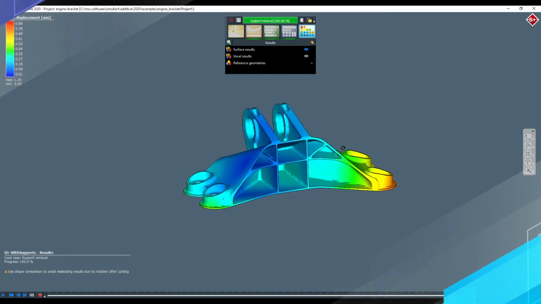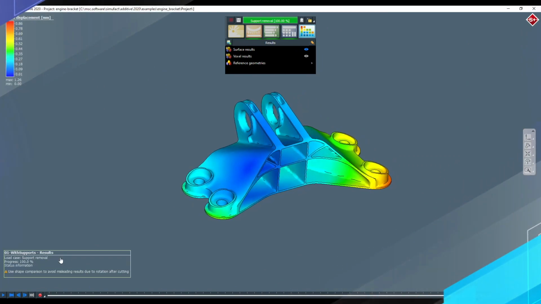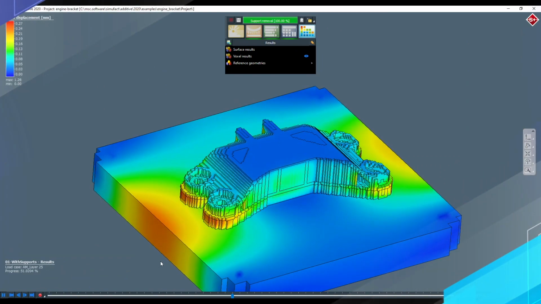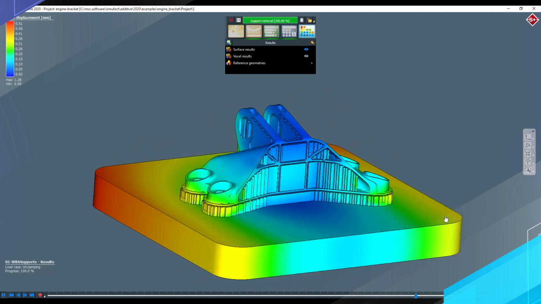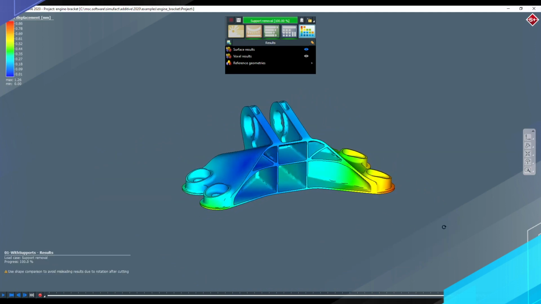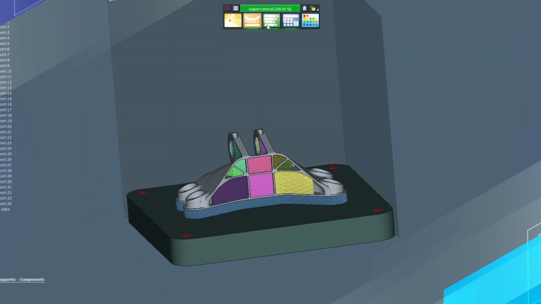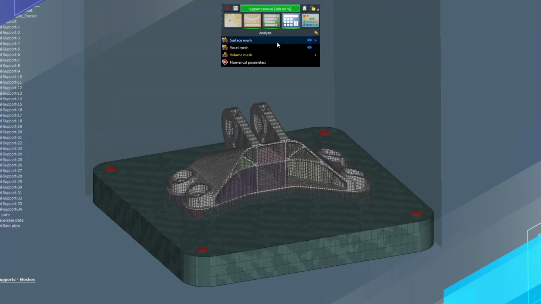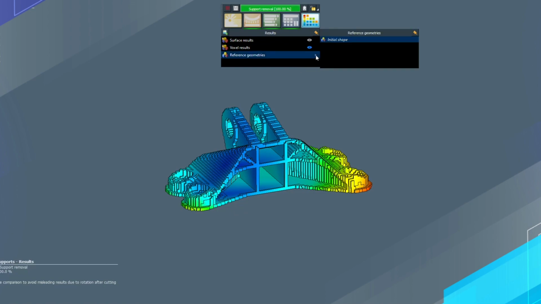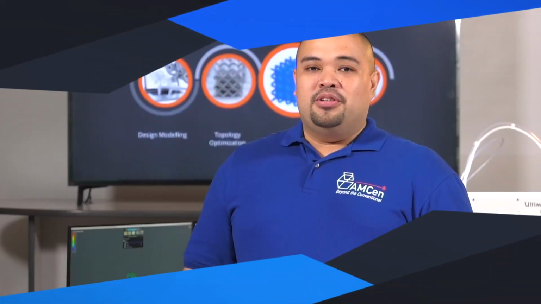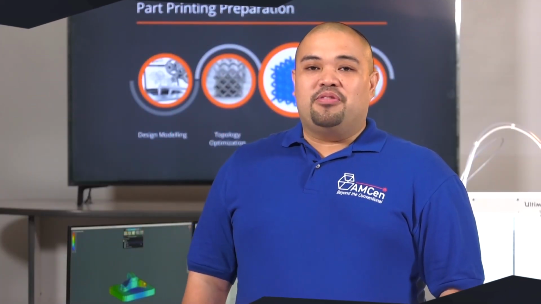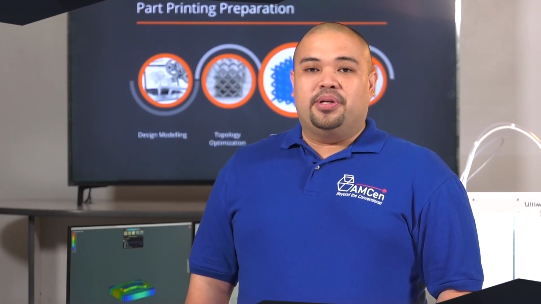Next thing we do after the optimization is print preparation and print simulation. This virtually simulates the entire printing operation. We can visualize how our product will be printed with reference to the build plate. We can also iterate the support structures that we need based on the geometry of the part, and depending on the type of printing process we are using, we can also incorporate the post processes we would need to cure or sinter our part.